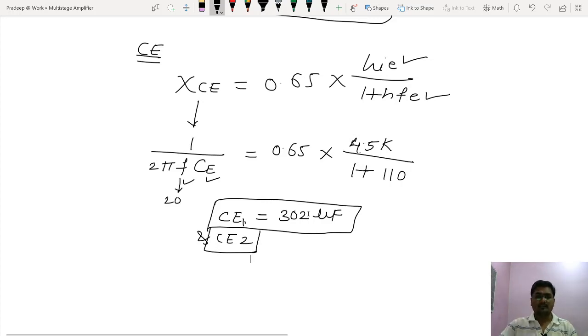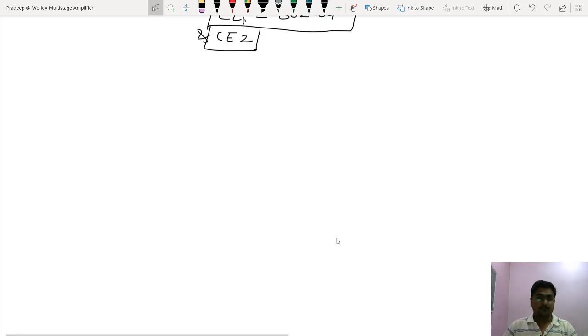Right, now calculation for coupling capacitors. It's not needed actually, but still, as we have done so many things, the last thing, why keep it as pending? So go for it then. Calculation for the coupling capacitor.